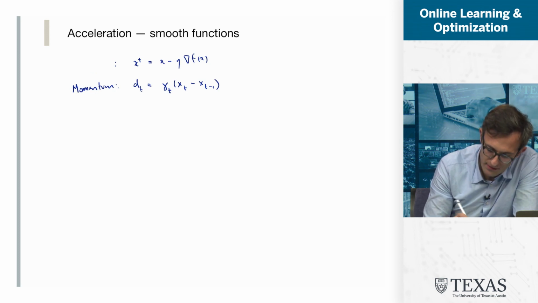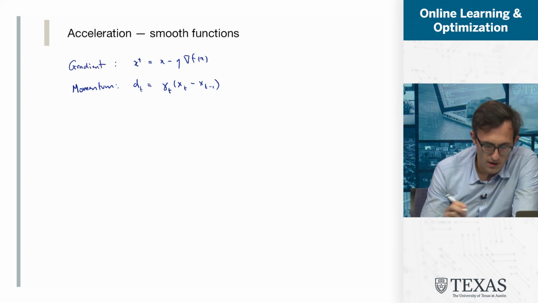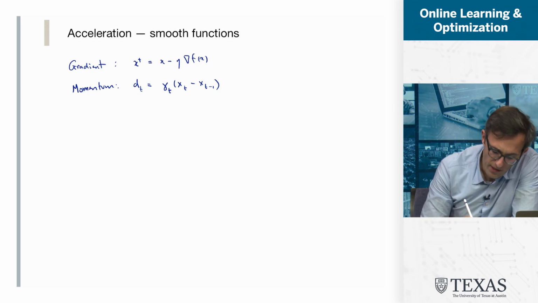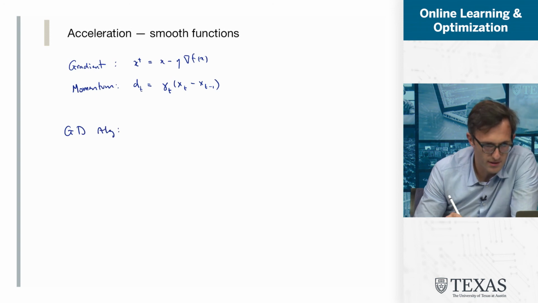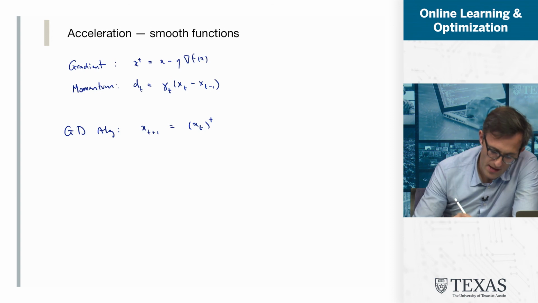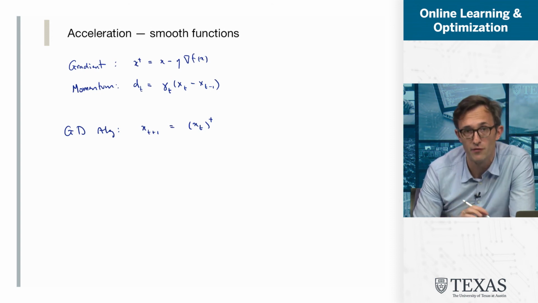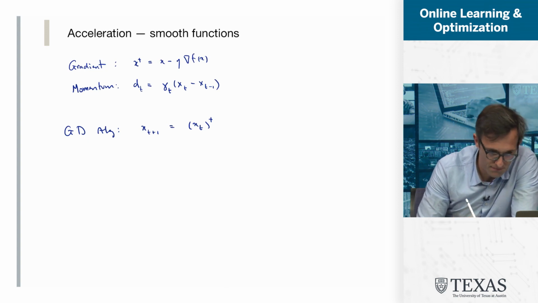Let me write this a little bit differently. So this is my gradient step. We can write our gradient descent algorithm as just x_{t+1} equals x_t plus the gradient step, with this notation. And my momentum-based algorithm, this specific flavor of momentum, is called Nesterov acceleration,